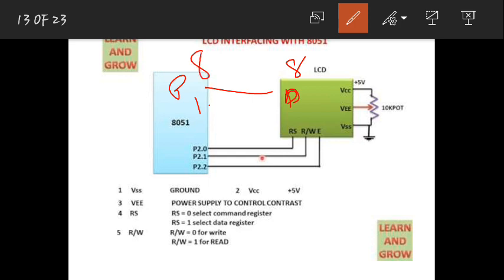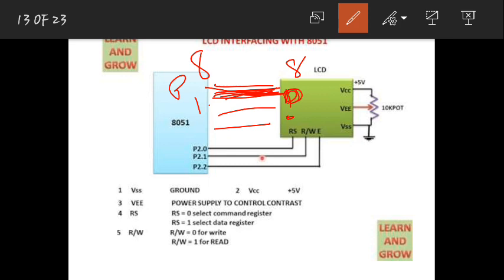Is that fine? So these are to send the data, whatever data I am sending, onto these data pins using this data bus. So these lines will be 8, because the data lines are 8 and this P1 has 8. So all 8 bits of data can be sent to this LCD.